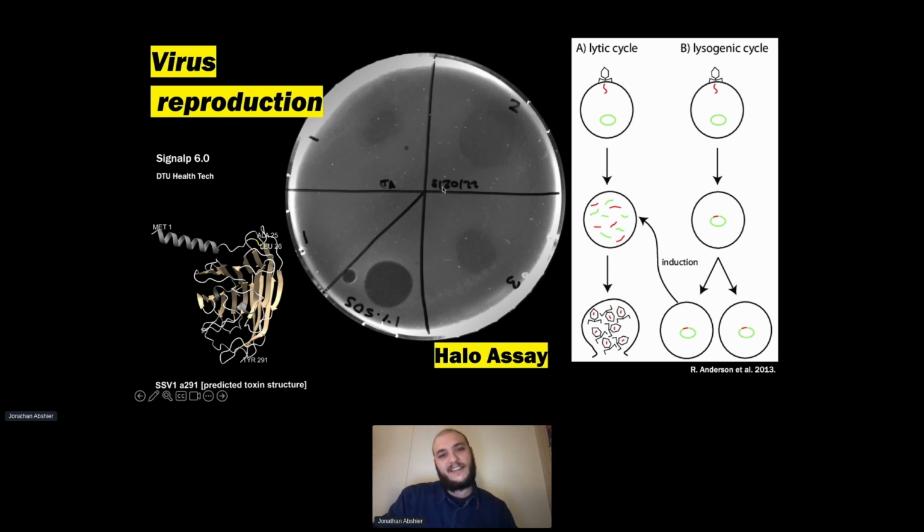And we test this in the lab through a version of the plaque assay known as a halo assay, in which we still grow a lot of cells and we spot various concentrations of viral supernatant and observe these clearings, although we know that this burst step isn't happening, and at least it seems to be the toxin as the causative agent. So looking through this toxin, I decided to do some genetic analysis, looking for specific sites on the